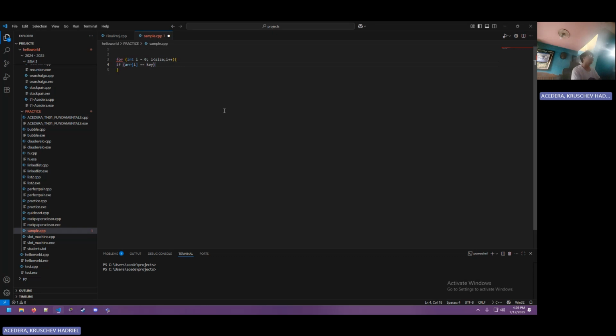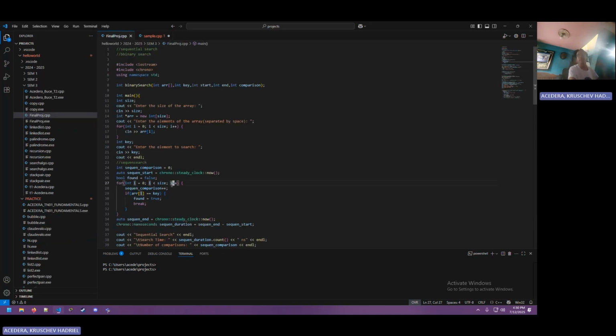So take for example key. And then if it's equal, then the data is found. So it's something like this: found equals true. So the basic idea of sequential search is simply to do things sequentially, or step by step.